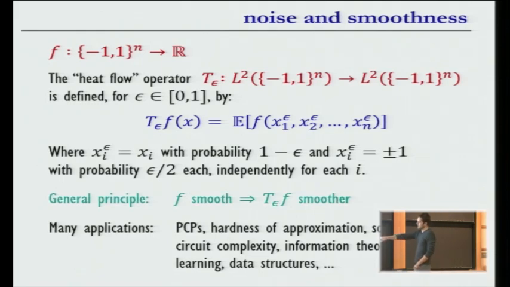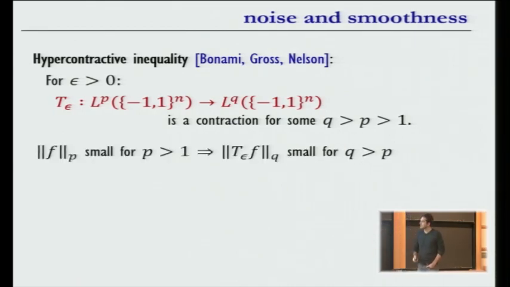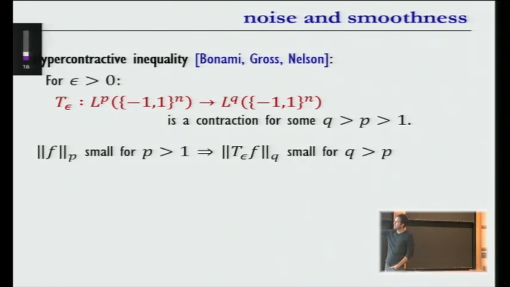Let's formalize what this general principle is. The most famous instantiation of it is the hypercontractive inequality. Remember, this T epsilon operates on functions, and the hypercontractive inequality says that this is a contraction from L^p to L^q for some q bigger than p. What it means is that if you start with some function and you know that the p norm of f is small for some p bigger than 1, then when you apply the smoothness, actually you know that,